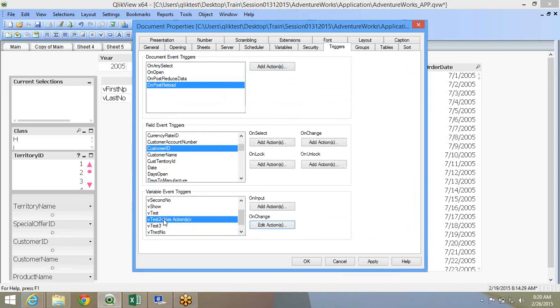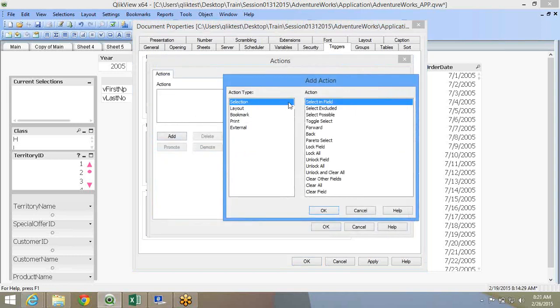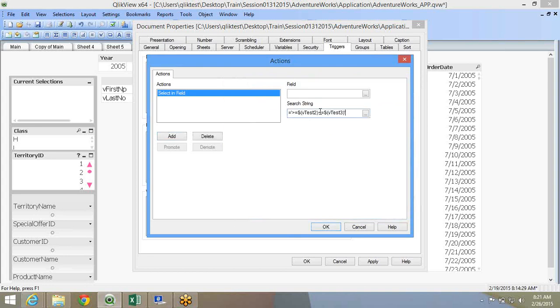Then I'll say test. So whenever you add an action, for a field or for anything, it will say has action. So it will give this highlighter if you want to know which field you have set an action. So add action, add. The moment there is any change in any of these fields or variables, I want it to be